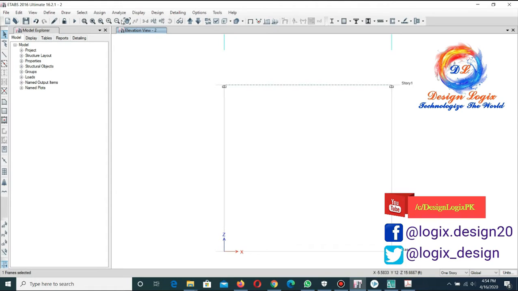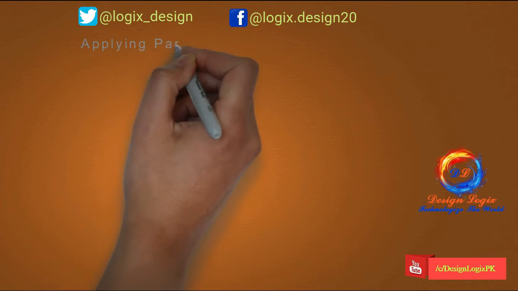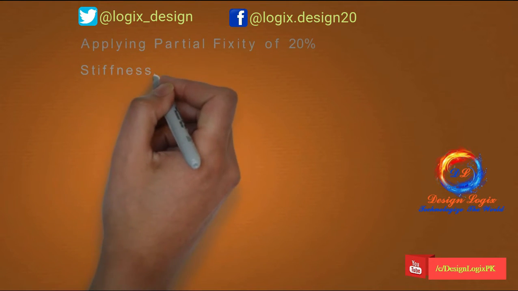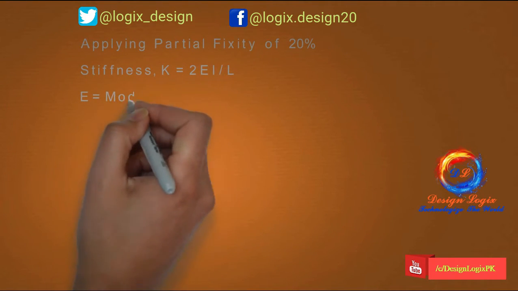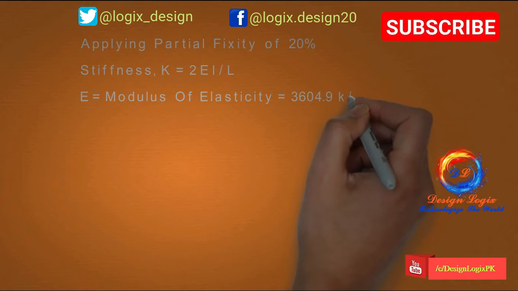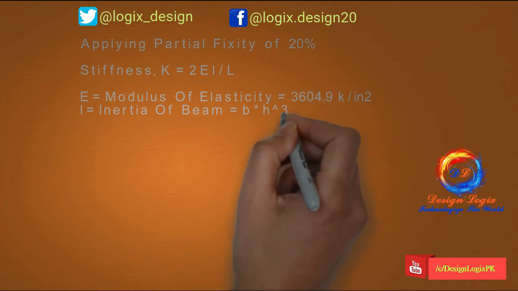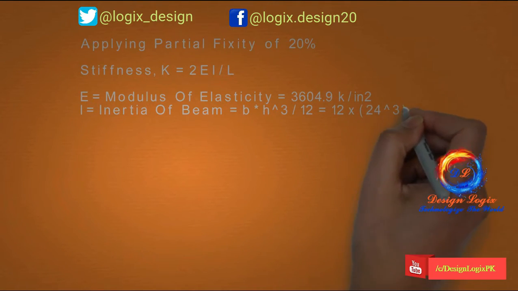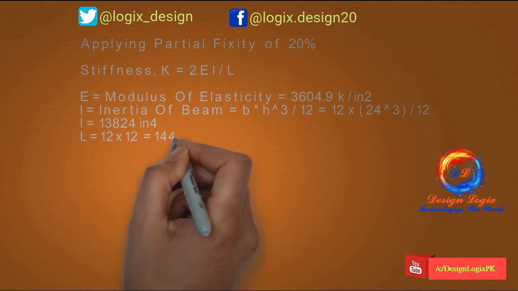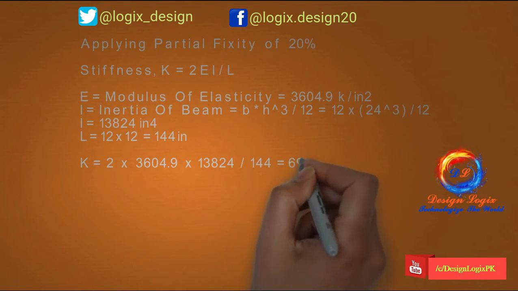Now select the beam, go to Assign, Frame, Release/Partial Fixed Rigidity. Here we give the value. Now applying partial fixed rigidity of 20%. The stiffness of the beam is equal to 2EI over L, where E is the modulus of elasticity and I is the inertia of the beam, which is bh cubed over 12. The length of the beam is 12 feet, which is 144 inches. So K is equal to 2EI over L, which gives the value